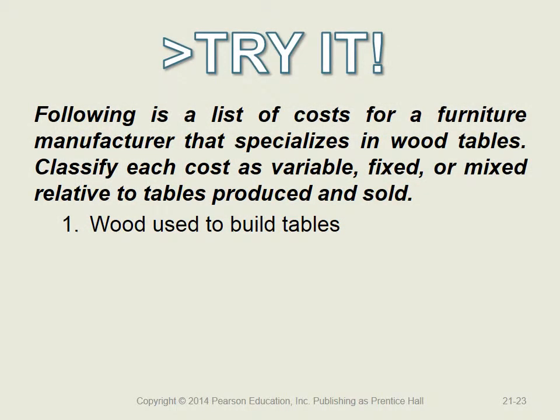So for this try it, the following is a list of costs for a furniture manufacturer that specializes in wood tables. You need to classify each cost as variable, fixed, or mixed relative to tables produced and sold. Part 1, or question 1, wood used to build tables. Obviously, as you build more and more tables, you need more and more wood. So that would be a pretty easy